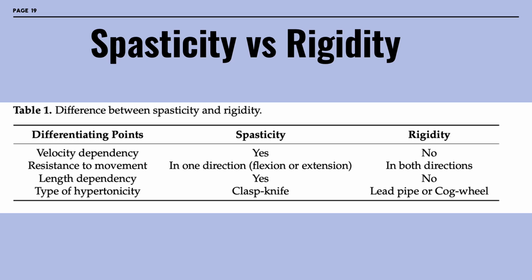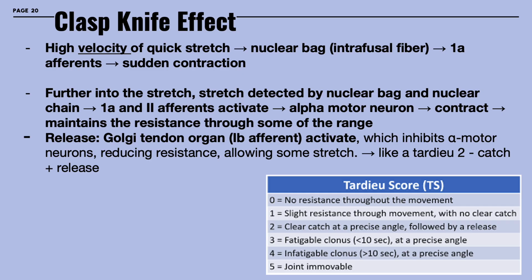And then there are a couple different types of hypertonicity. With spasticity, you often see a clasp knife effect, which we'll get into later. And in rigidity, you can see lead pipe or cogwheeling, which we will also discuss. So what is the clasp knife effect? Basically, when there is a high velocity, quick stretch, so a very quick movement of a muscle or joint,